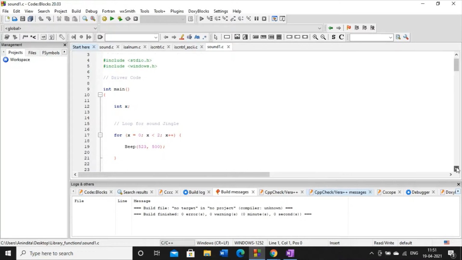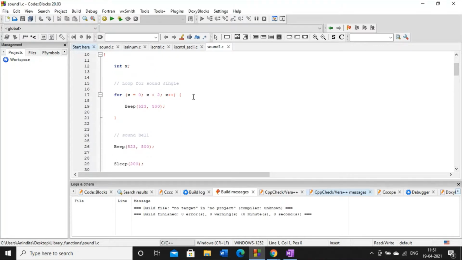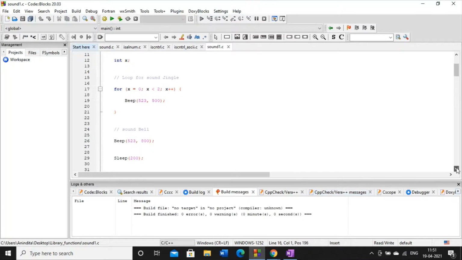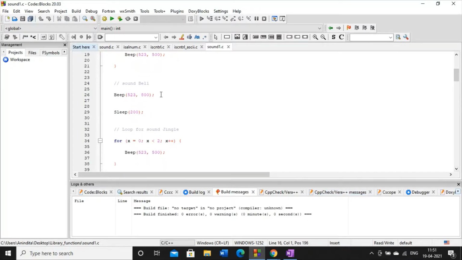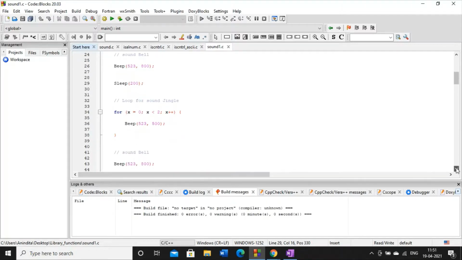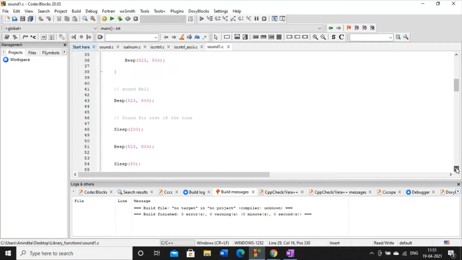And now I can modify this Beep library function. See this code. In this code, I have used one loop. My point here is you can also write this Beep function inside a loop. And the second thing is, after the Beep function, you can use the Sleep function also. Then if you create this pattern repeatedly, you will get some sound variations in your programming.